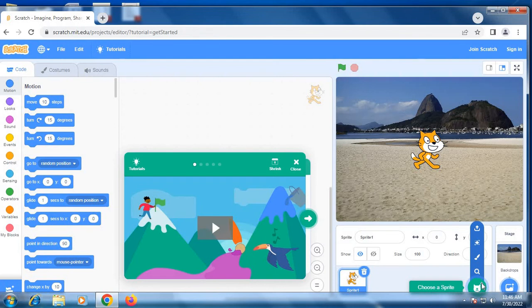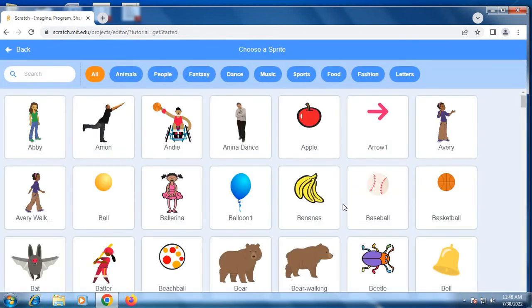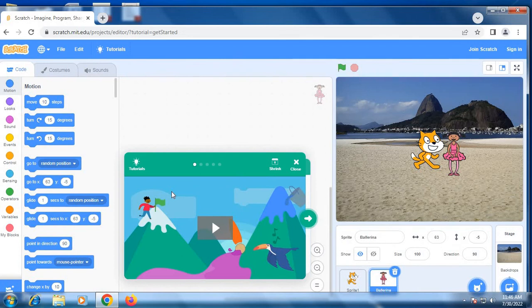Choose a sprite, and we can change it like we want to change this one, and then we can delete this cat. Here we can delete, and then we can create some motions like here move 10 steps,